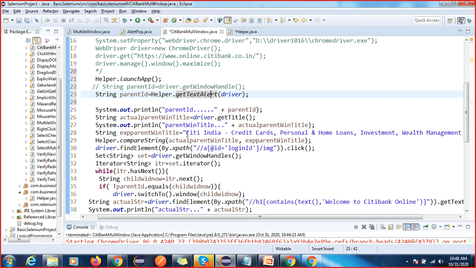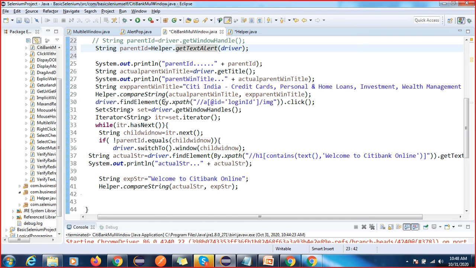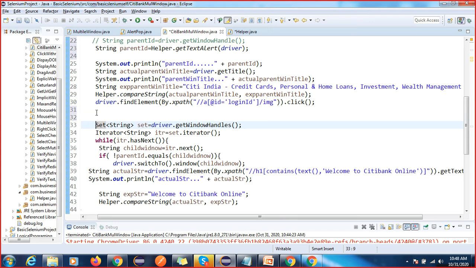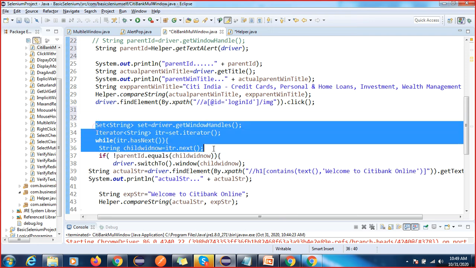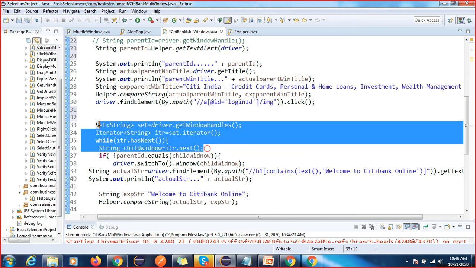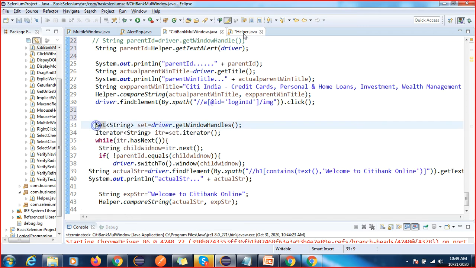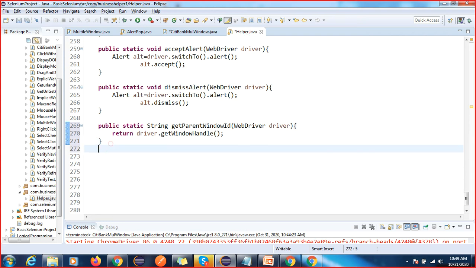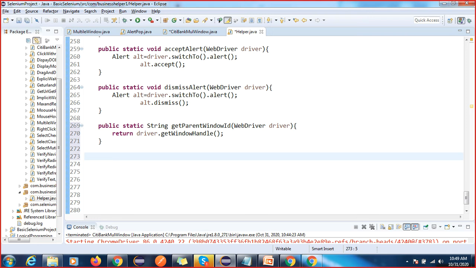This is the one thing I want to try: can I do this for the child window also? This child window also has common steps, so let me try to make those steps reusable. You should not write that code again, right?